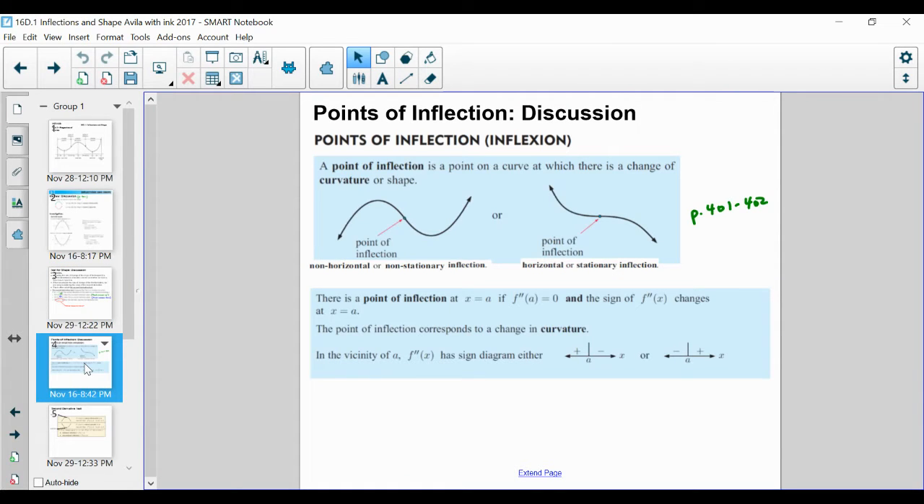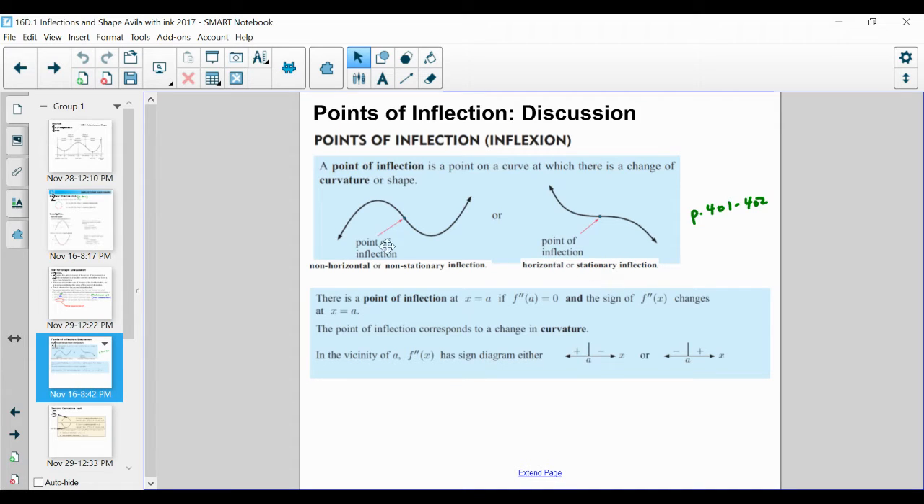Hello, everyone. We're going to continue our discussion on inflection as we talk about what happens at a point of inflection. So a point of inflection is a point on the curve where there's a change in curvature or shape. Okay, now we've already seen this horizontal or stationary inflection, and we noticed that because the slope of the tangent at this point is 0, if I take the first derivative and set it equal to 0, and I do the sign diagram, and the signs don't change through that point,